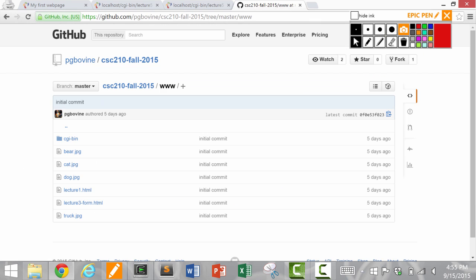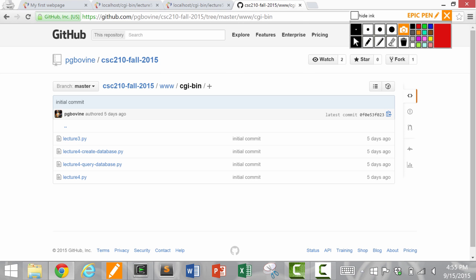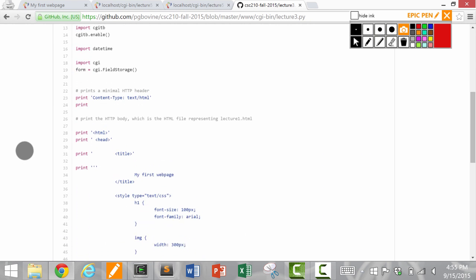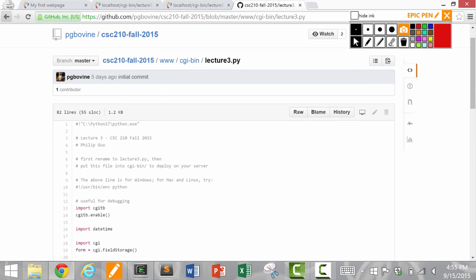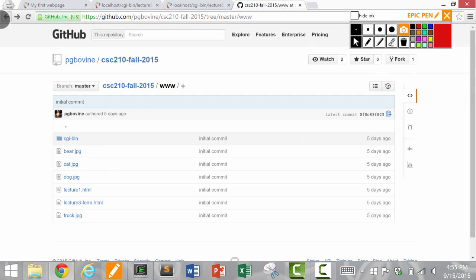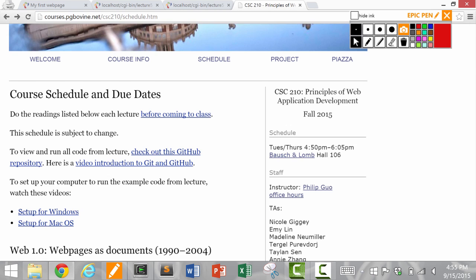So the nice thing is you can actually just look at the code online if you just want to read it and understand it. This is the actual code you can look at. If you want to run it, it's a little more complicated because it depends on if you have Windows or Mac. But I did make some videos over the weekend of just setting up from scratch for Windows